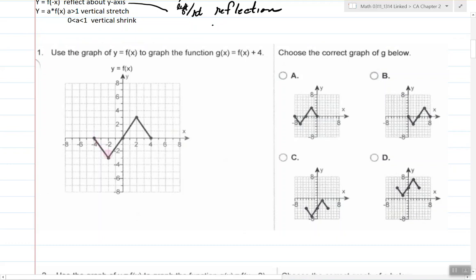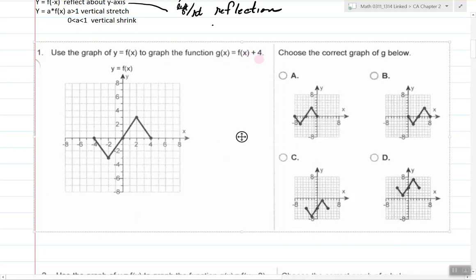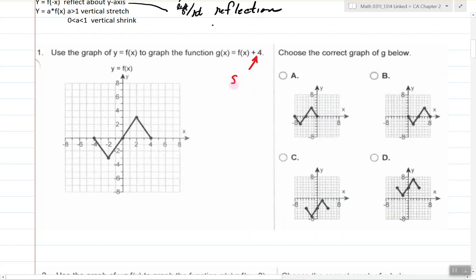This graph is a graph of a function. Yes, it passes the vertical line test. It does have a restricted domain and a restricted range. Nevertheless, it is a function. And it says graph g of x, which is f of x plus 4. When you add plus 4 on the outside of the function, it's going to shift